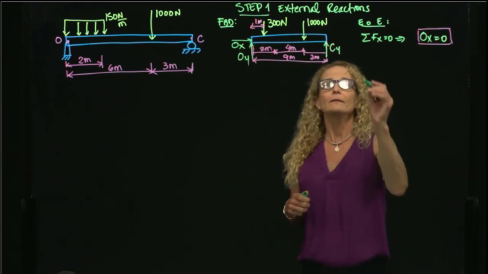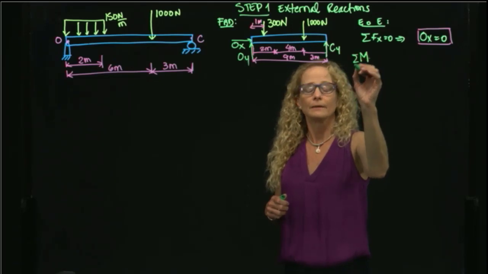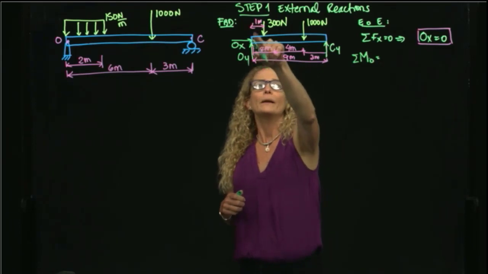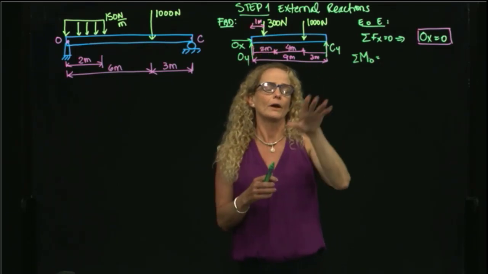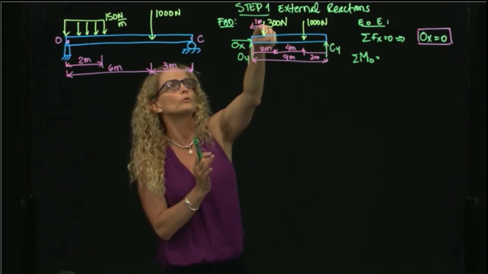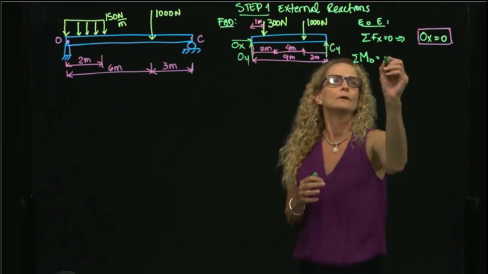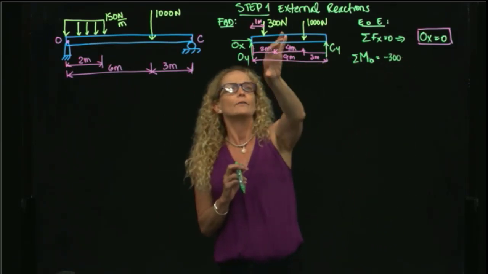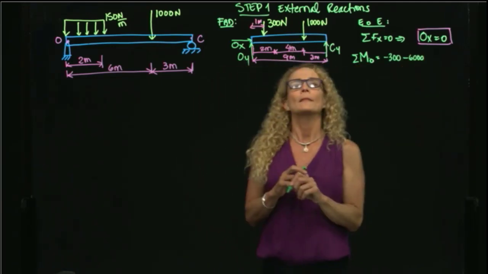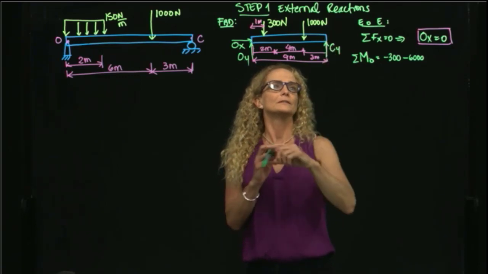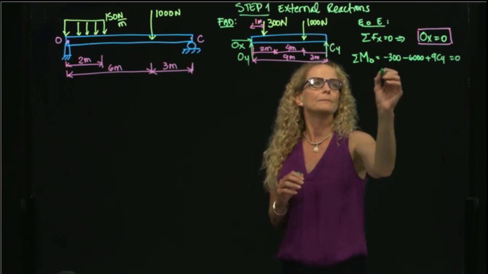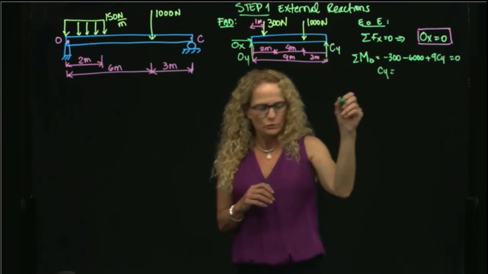Then I will take moments at C or at O, and then I have 1 meter. This is a negative, right? Because I will place my hand here at O, the distance, and I curl my fingers towards the force. This is negative 300. Then I have again 6 times 1,000 is negative 6,000. And then I have 9 times CY, and that's equal to 0. That means that CY is equal to 700